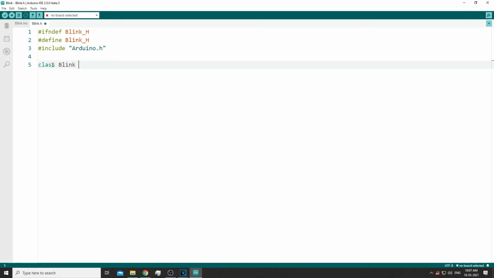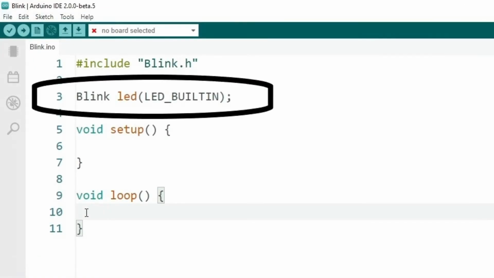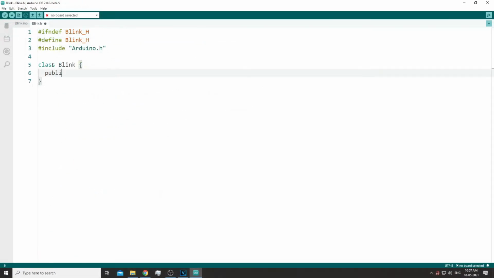Then we introduce a new class called blink, under which we defined the LED object in our project code. Then under that class we define some public variables such as the object itself with the pin number.